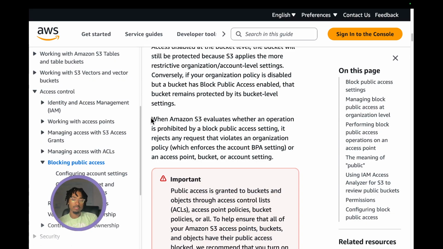And saying tell me how to take care of it as in, do you want me to block these type of people? Do you want me to block everything inside of your account from public access? Do you want to block a specific access point, or do you want to block a bucket? I think a bucket has an access point, but an access point doesn't have to be just a bucket. An access point could be